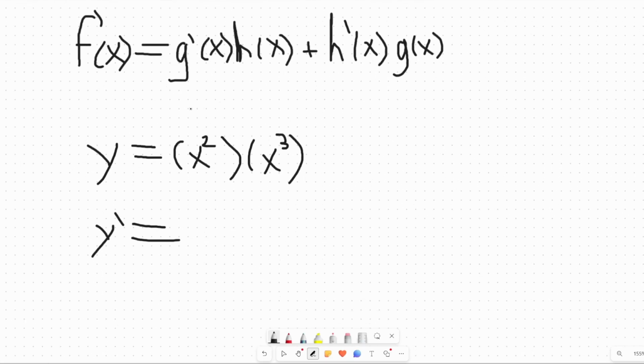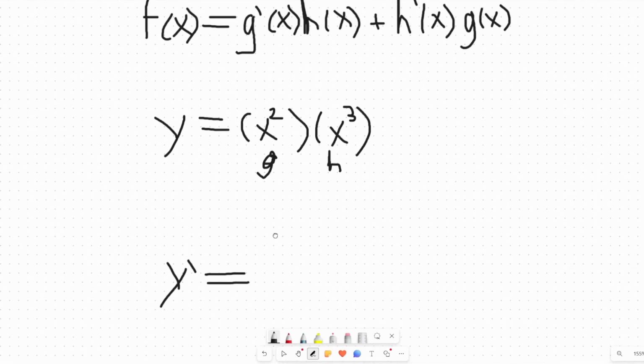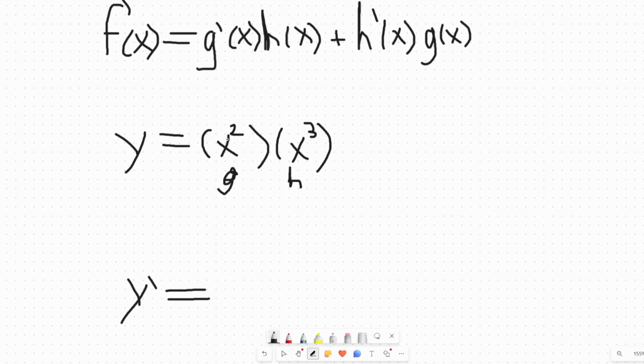We'll say x squared is our g and x cubed is our h. So we have our g prime, the derivative of x squared, which is 2x,